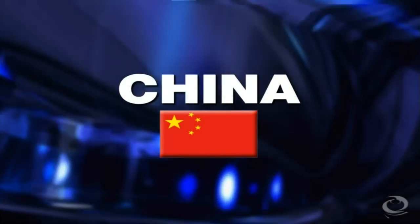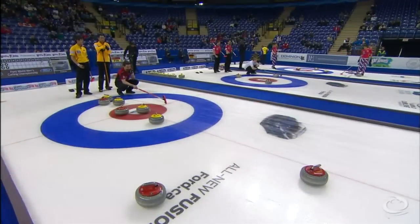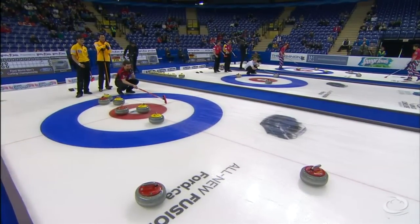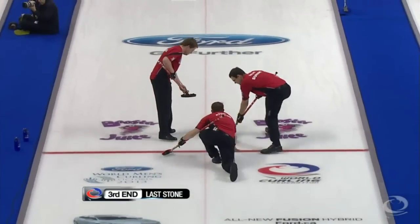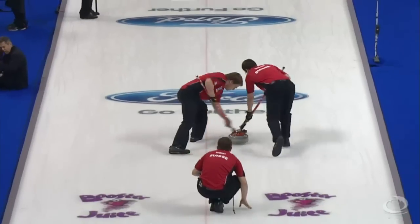Well, come take a look inside at Switzerland, China. Sven Michel, a big win earlier today against Denmark. Their team, they got to 4 losses yesterday. They need to win out also. And Sven Michel